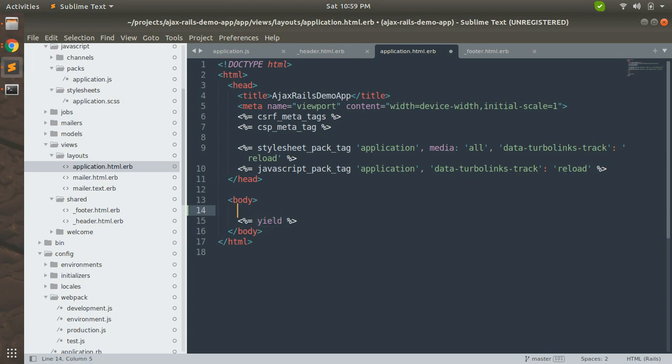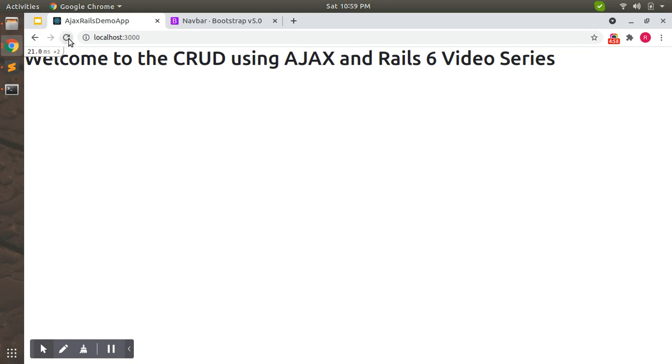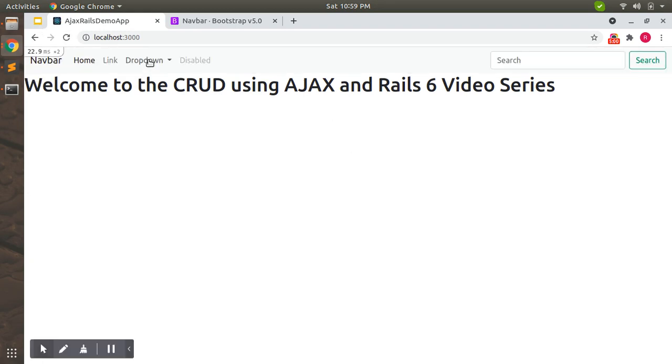So we will render the header over all of our templates' code. We will render the header here with render shared/header. Let's refresh the page. You can see it rendered here.